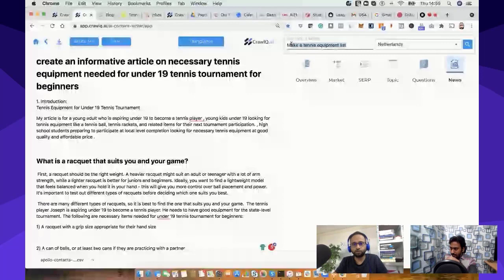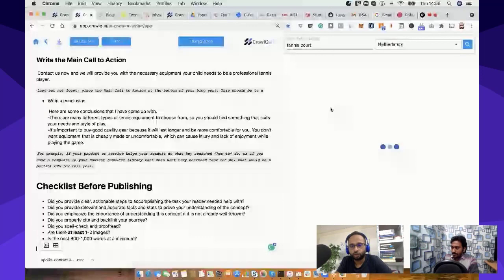And you can also change your query, by the way. So tennis equipment, tennis board, anything which is relevant to, of course, your search result. So it will change the whole search result here, and you should be able to then,